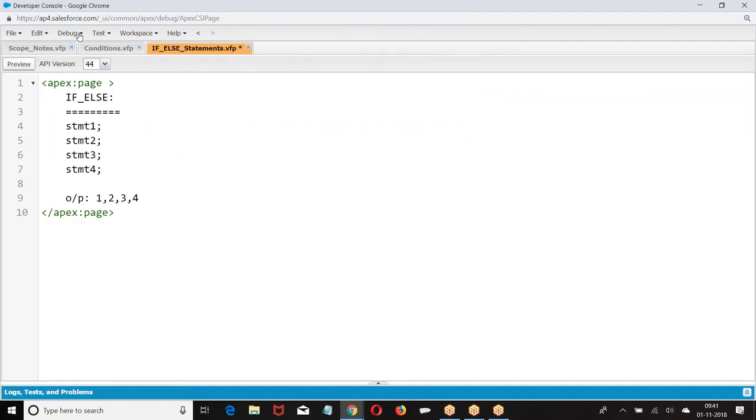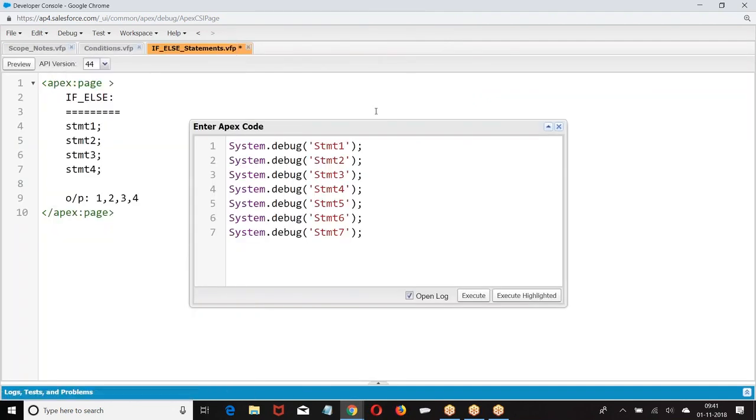I want them to run only when a condition is true. Now, what is happening? They are by default running always. Whenever we execute, all the statements will run. But what is my requirement? Don't run them by default. I will give a condition. When the condition is true, then only run it.